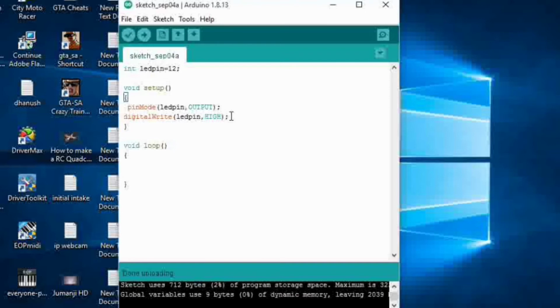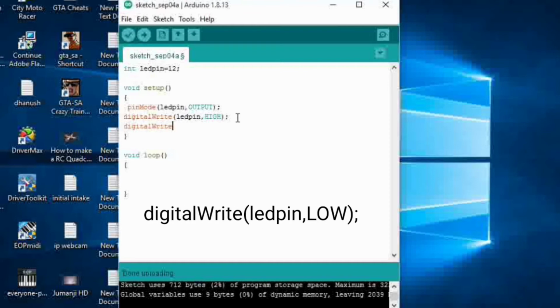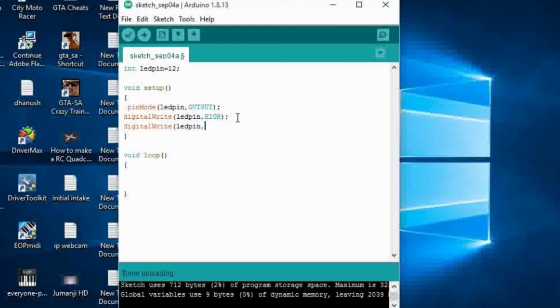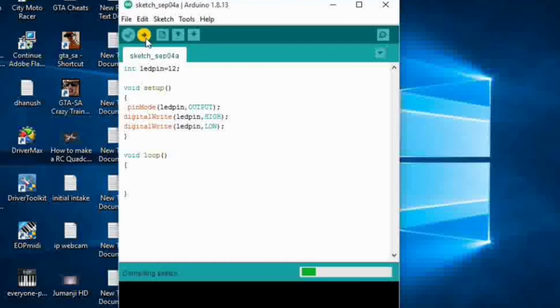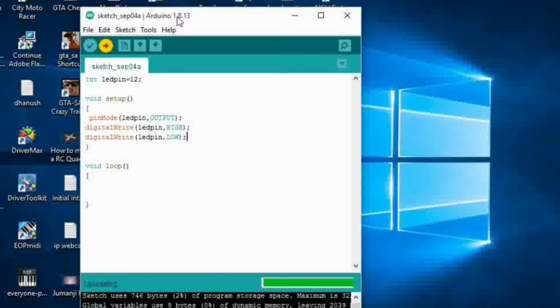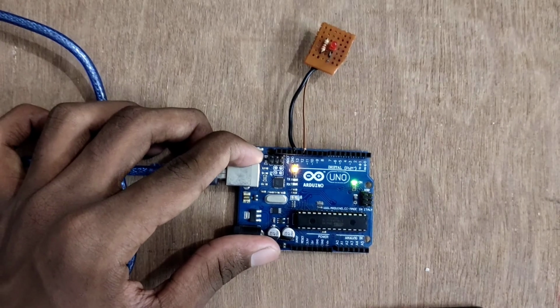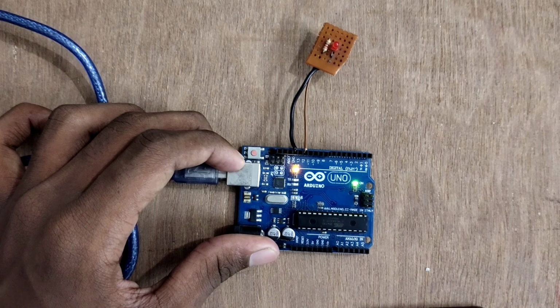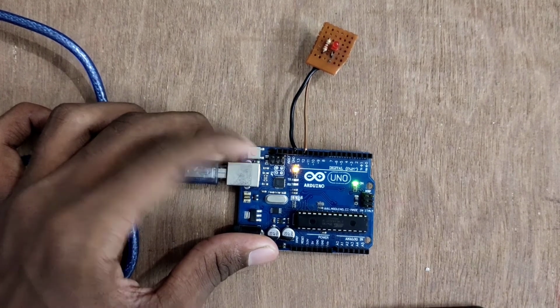Now let us make a simple change in our program. I am adding this line in the setup function. digitalWrite(ledPin, LOW); Now click upload. Now the LED is turned on and turned off, but we can't see the changes.